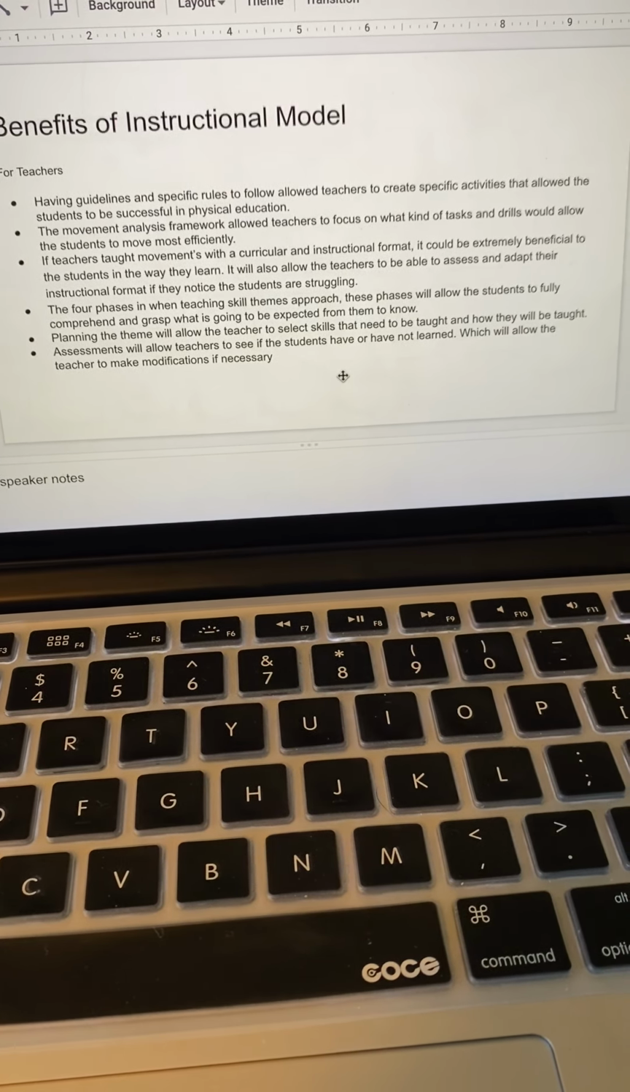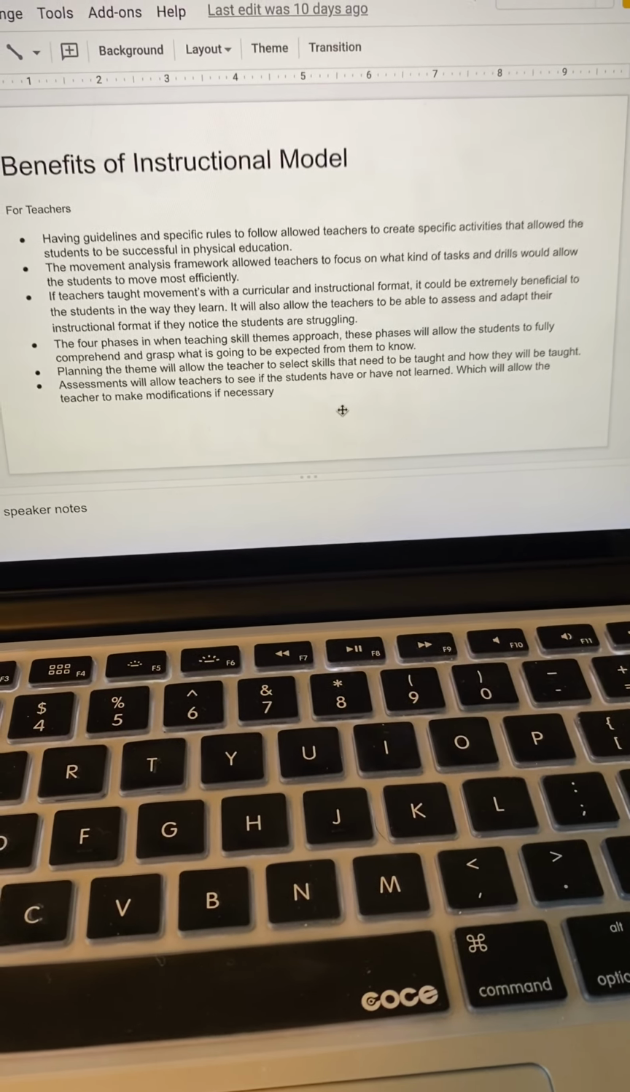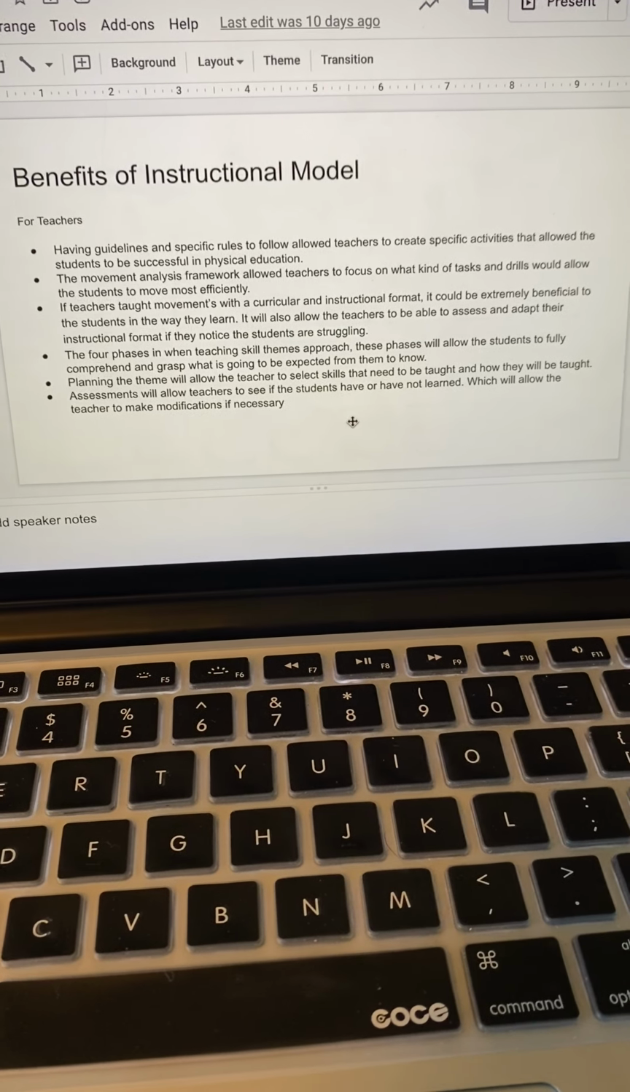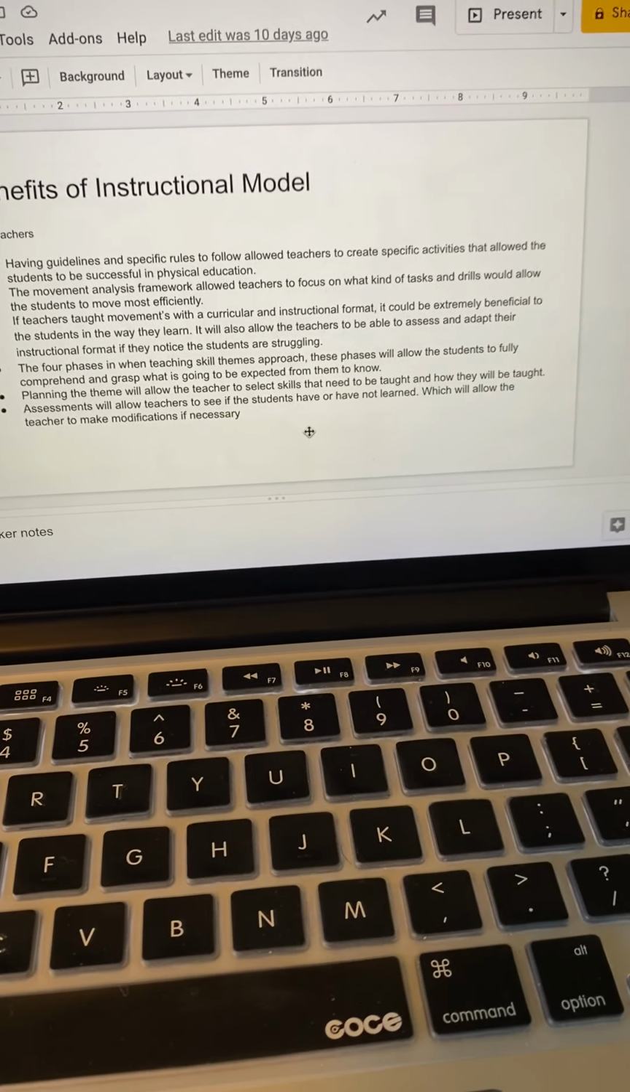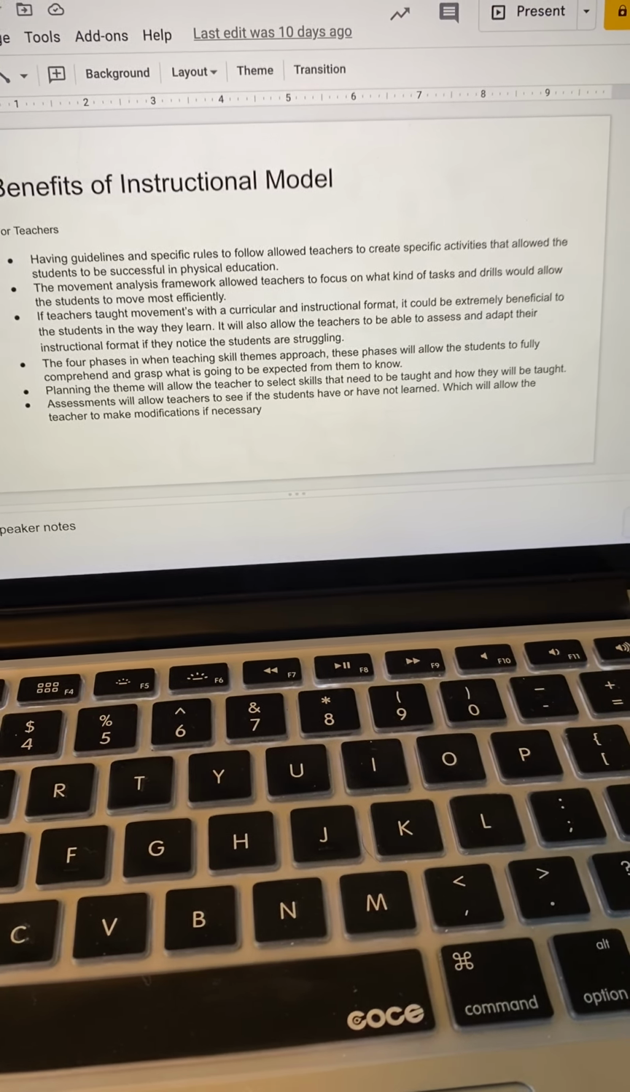It will also allow the teachers to assess and adapt their instructional format if they notice the students are struggling. The 4 phases in the skill theme approach will allow the students to fully comprehend and grasp what is going to be expected from them to learn. And planning the theme will allow the teachers to select skills that need to be taught and how they will be taught. So just overall, better planning for the teachers. It allows them to have guidelines that will allow them to come up with good lesson plans and be more strategic in the way they format